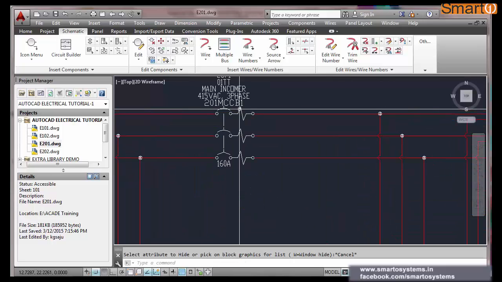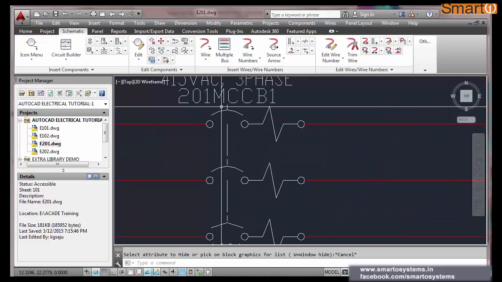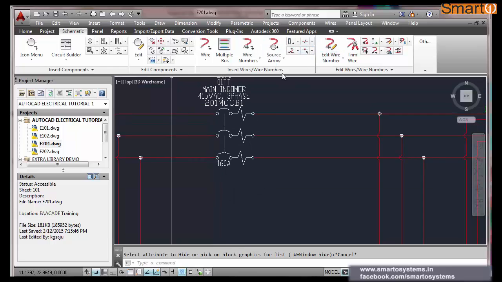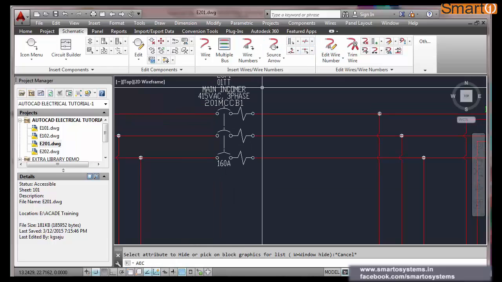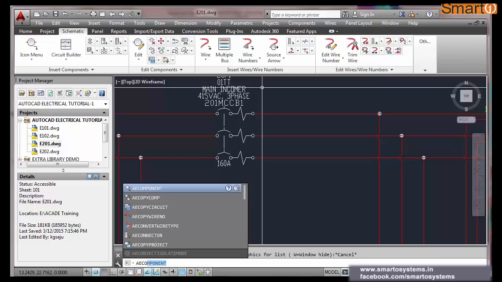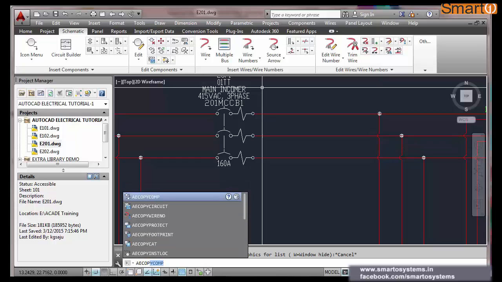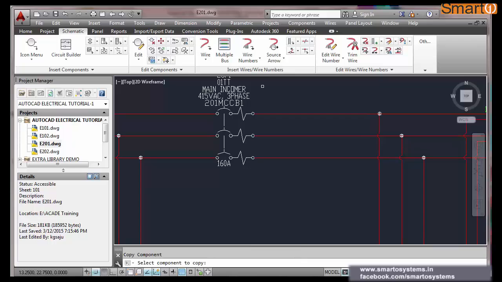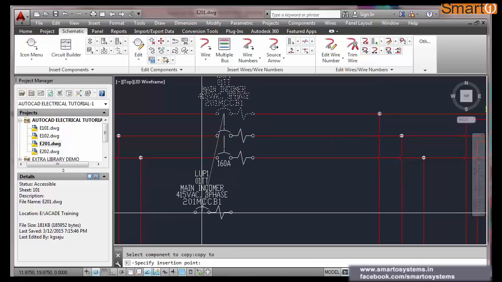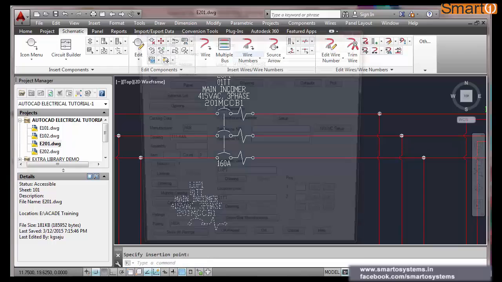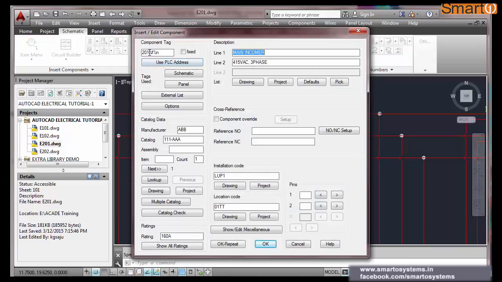So now you see this is 201 MCCB. Now if I copy this component, AutoCAD Electrical, copy component, I'm just copying it here. Okay, see, it will come with 201 only as prefix.